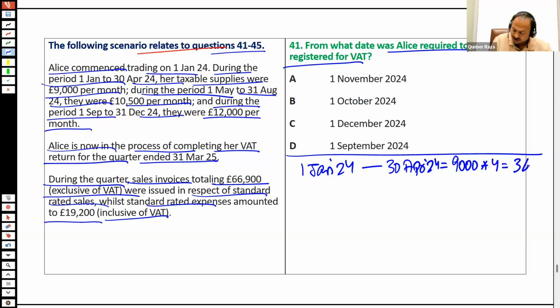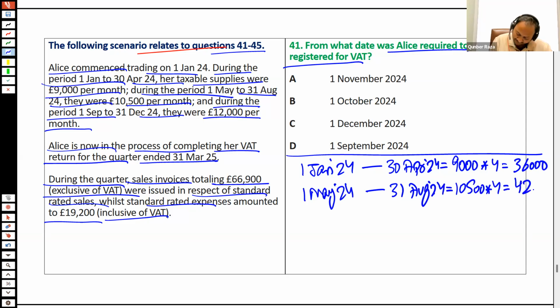Four months, which sums up to 36,000. 1st May 24 to 31st August 24, 10,500 per month. That works out to be